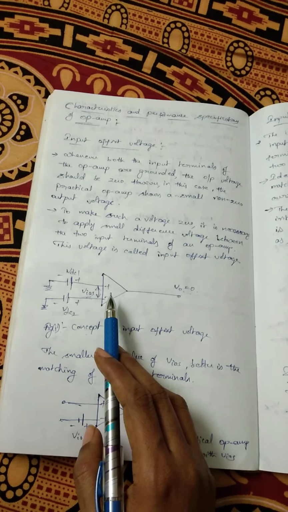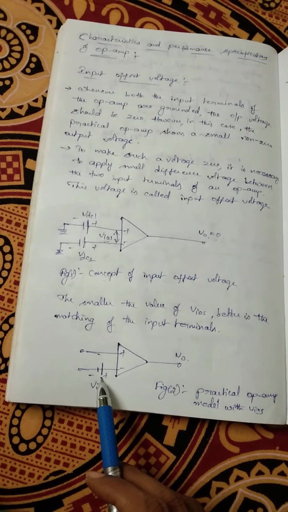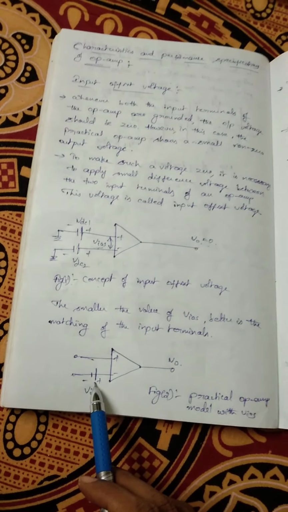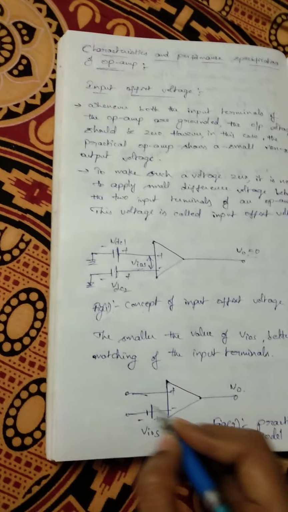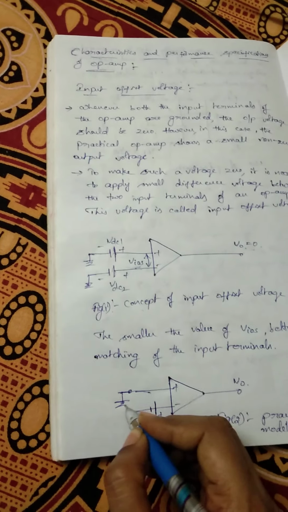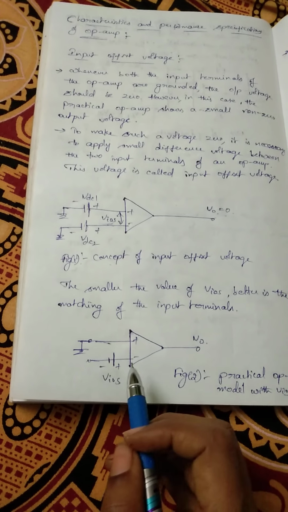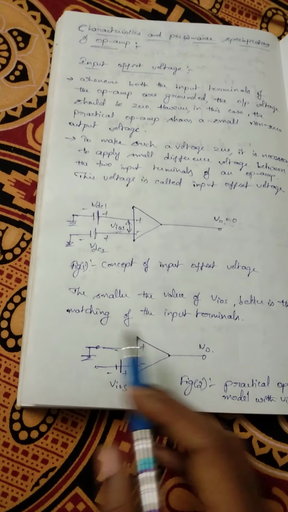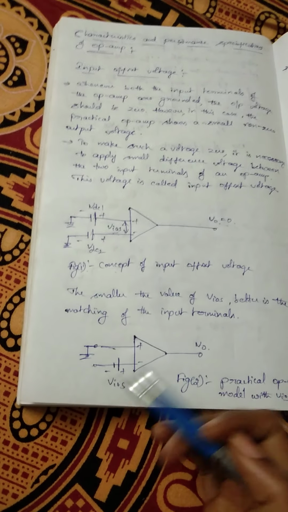The input offset voltage depends on the temperature also. Many times, voltage is applied to one of the input terminals with the proper polarity so as to null the output, keeping the other input terminal grounded. So that means here this terminal should be grounded and here we can apply the voltage to one terminal also. This is also applicable whenever we go for the one power supply.